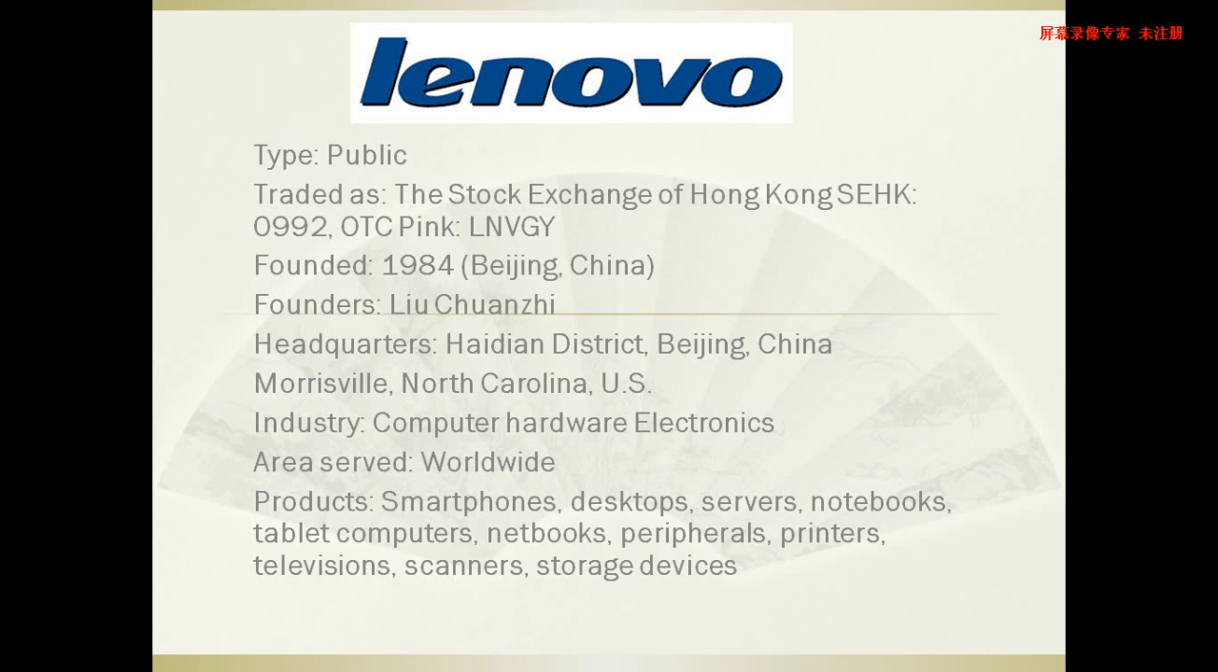The code is 0992, and Lenovo was built in 1984, and the builder is Liu Chuanzhi. The industry they focus on is computer, hardware, and electronics. The area served is worldwide. But besides computers, Lenovo still produces smartphones